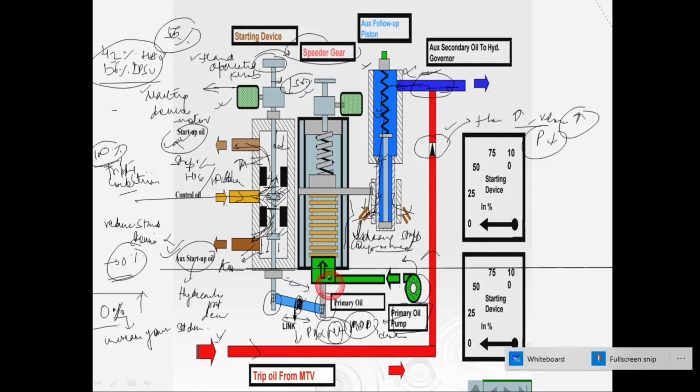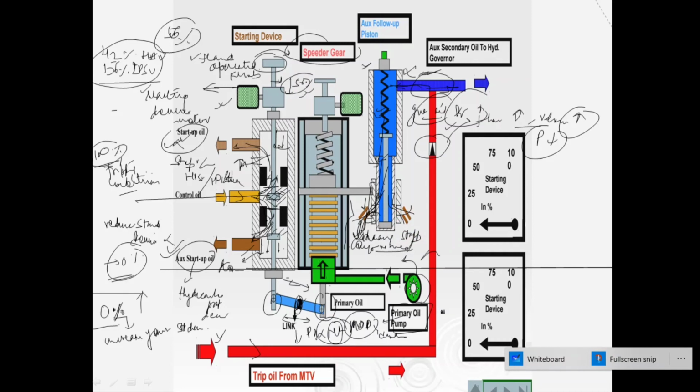So when speed reduces, pressure reduces, the whole sleeve goes downward, and the draining also reduces. When draining reduces, the governing oil pressure increases, which was draining from there. Okay, so draining stops there.